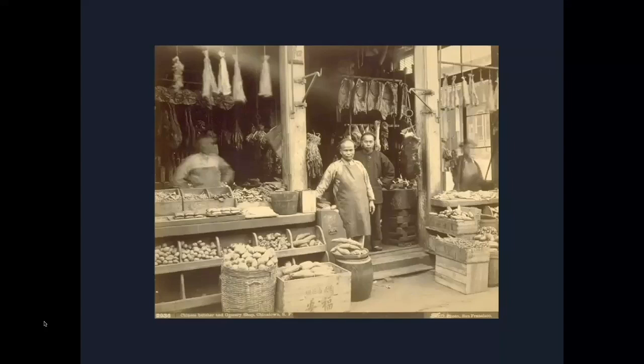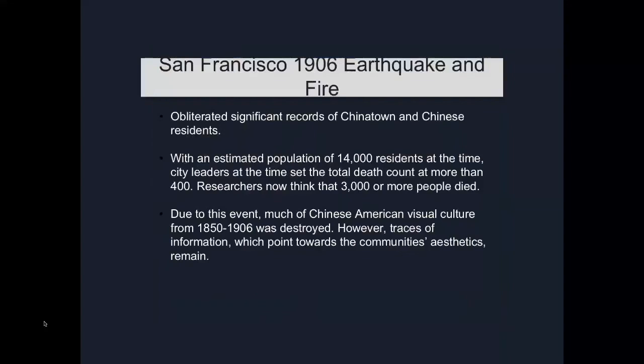So this is not a photograph by a Chinese photographer. It's by an American photographer who took Chinatown right before the 1906 earthquake. So in the development of our story, this earthquake actually created an opportunity for Chinese immigrants, because they are going to claim that they lost their paperwork so that they can really